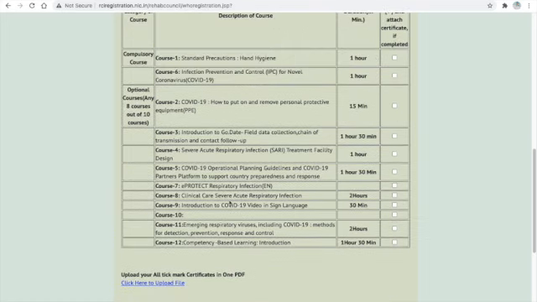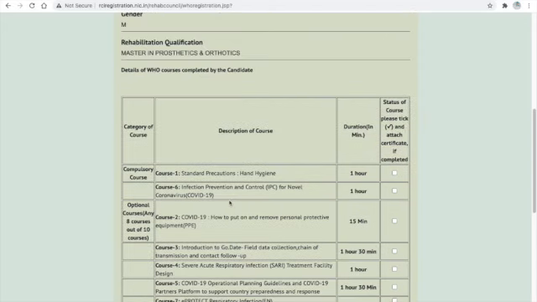So you have to select the 10 courses which you have already done, and later you have to upload all the certificates which you selected. Let's select.